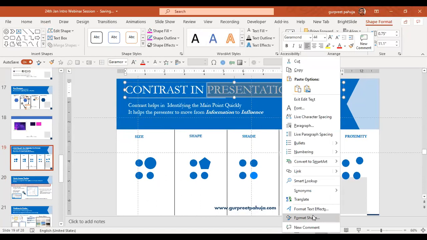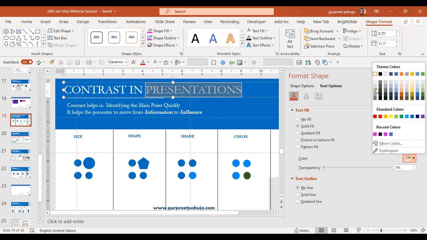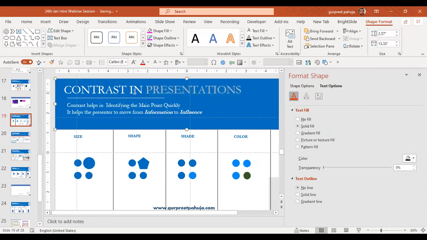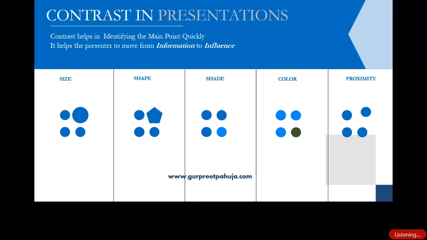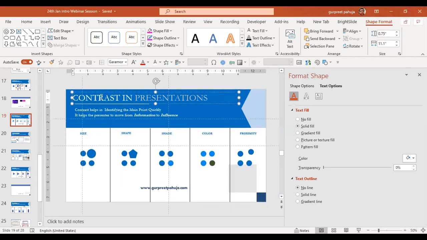You can go to format shape, go to text option. So text, I can change this a little, see the change. Can you see the change, Sachin? Yes. Sachin, can you see the change in this and this color? Yes, yes. Suppose you're using blue color. I'll do text fill as blue, dark blue.